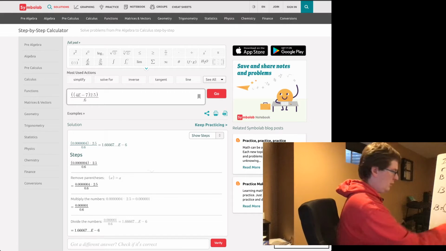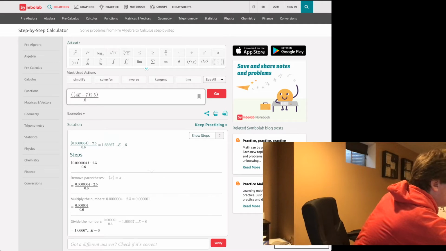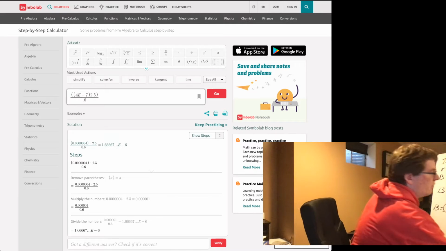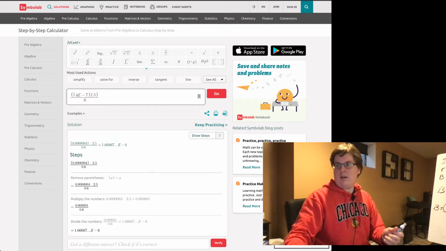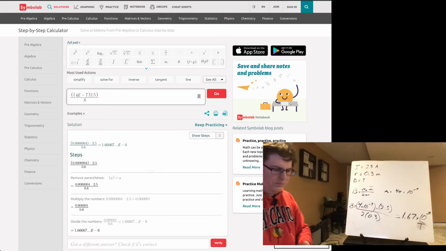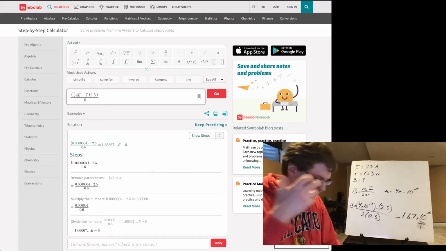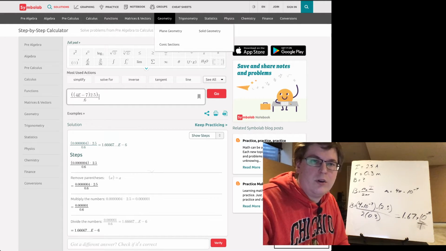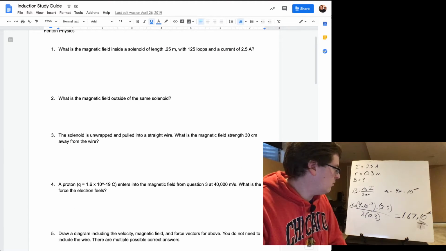And if I do a quick reality check on the numbers, I think that makes sense. So 1.67 times 10 to the negative 6 is our magnetic field. That would actually be in units of Tesla, T. I think one of the Khan Academy videos I posted talked about those units. They're strange. The units of magnetic field are really weird, but there you go. So now that we know the strength of the magnetic field, we can go forward and